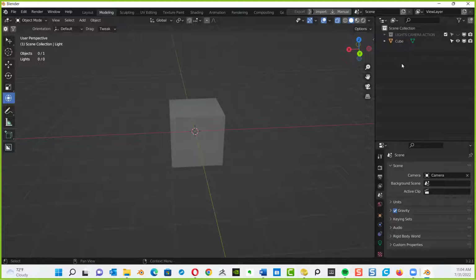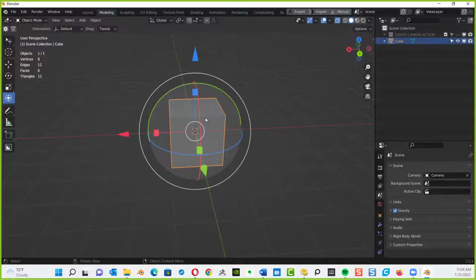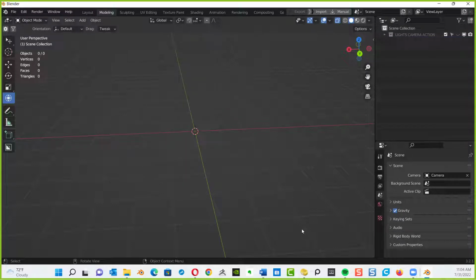All right, now you have the cube inside there. I want you to delete the cube. Select the cube. It's going to highlight orange. That's how you know that your object is going to be targeted. And then all you're going to do is hit the X key on your keyboard. That's a shortcut for delete anything. The delete option comes up. You hit delete.